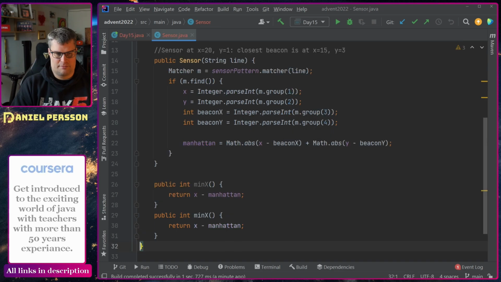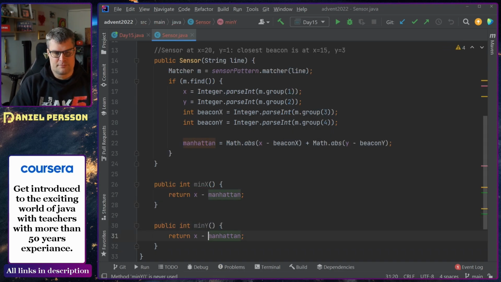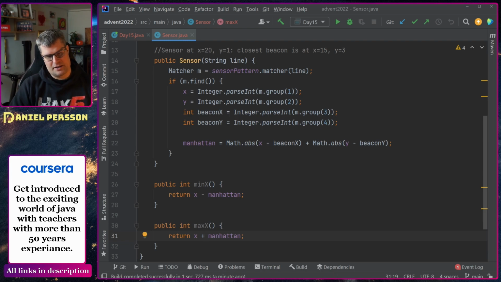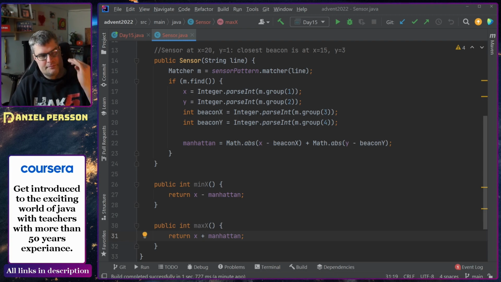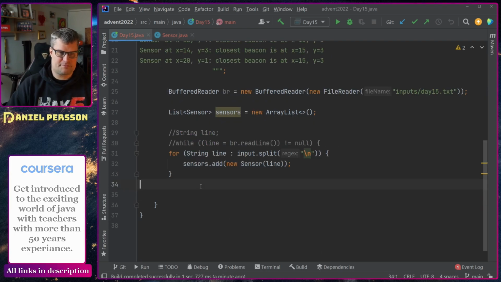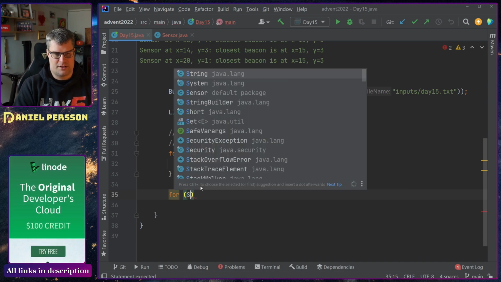That would be minimum x, minimum y. We don't need... We will need max x. Max x would be x plus Manhattan. So those are the minimum and maximum. So if we for loop through the sensors,